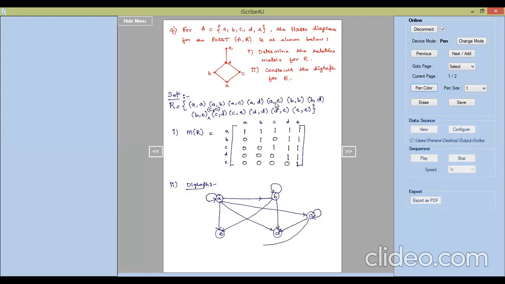Here we are drawing all the edges that you see in the relation R, not like the Hasse diagram. In the Hasse diagram, we are using transitivity, so we will not be drawing every edge that you are seeing in the relation R. Then we have DD, DE. DD is a loop. Then D to E, there is an edge. Arrows are important here. Then finally we have EE. E to E, there is an edge. So this is how we draw the diagram of the relation. Hope you understood this problem.